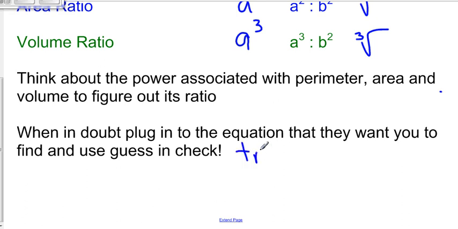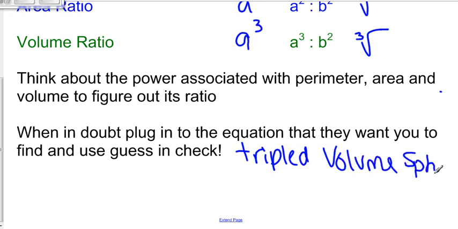So we're going to take the volume of a sphere, which is 4/3 pi r cubed, and we're going to put in